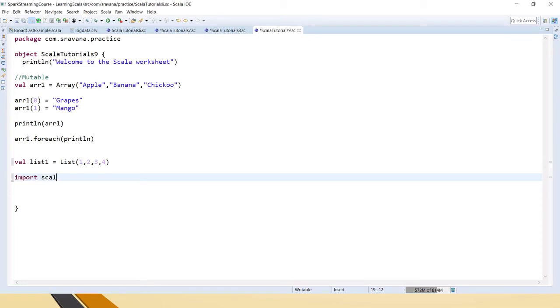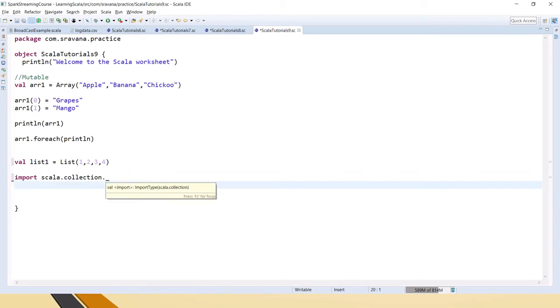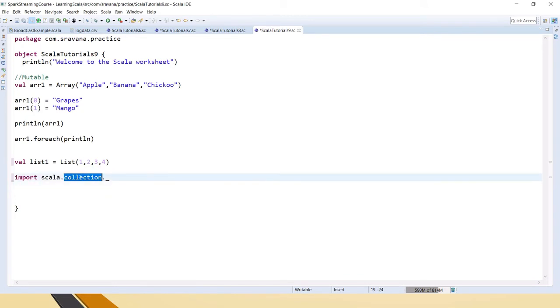So let's import this library. If you do dot underscore, which is a dot placeholder, it will import all the libraries present under this class. If you don't know which one to import into your code, you can directly do this.